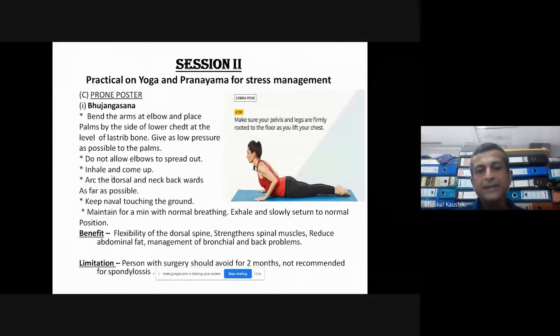So you place your hands firmly, join the legs, stretch them backward, and you just lift your head and chest above the ground. Slowly come. You look into that your belly button should touch the ground all the time. You come as far as you can, touching the ground with your belly button. You press your lower back downward, and your navel should be touching the ground all the time, and come up and